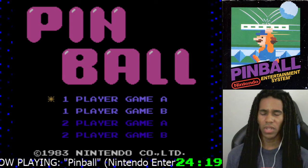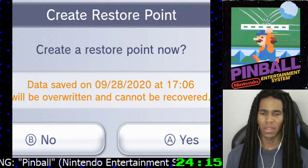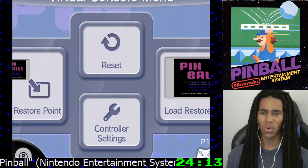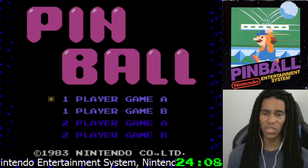So what I would do here is create a restore point. So now my high score is... That's basically the closest I could do to saving my high score, because if I flat out reset this...